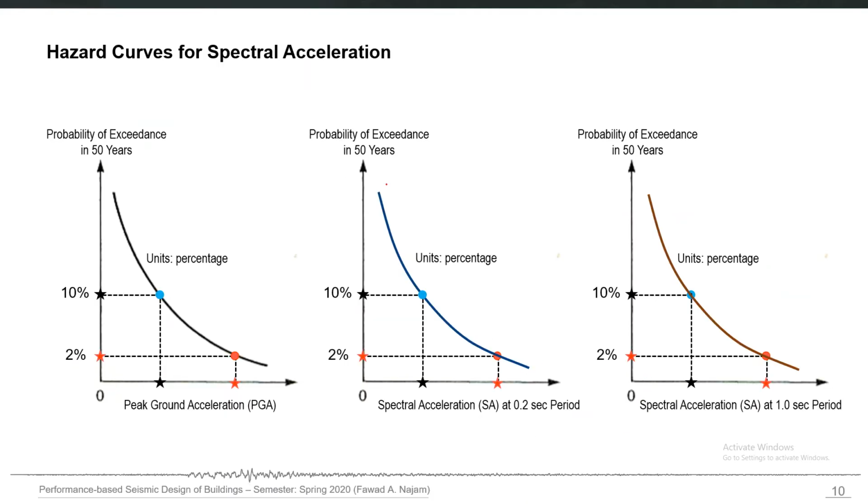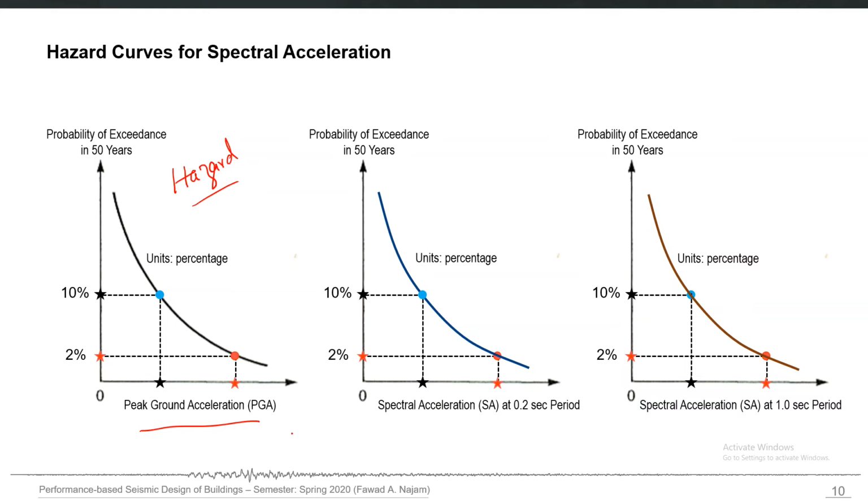So now the idea is that we can carry out the probabilistic seismic hazard assessment not only for PGA but for all spectral acceleration values at different time periods also. Because if we remember, the actual ground motion prediction equation is not only for PGA, it is for PGA as well as for all spectral accelerations at different time periods. So we can perform the PSHA process for PGA, and then we can construct this hazard curve for our site as a function of PGA on the x-axis.